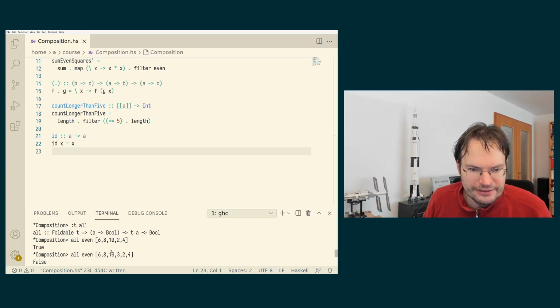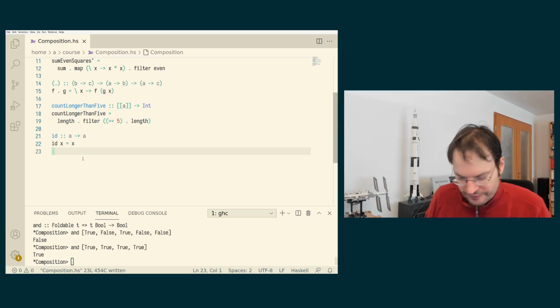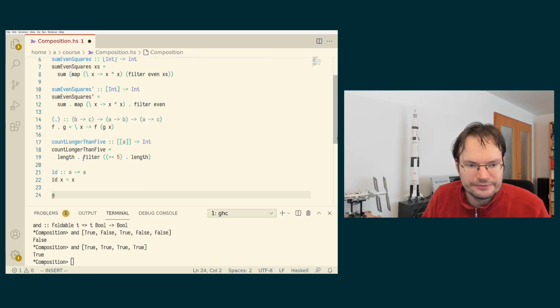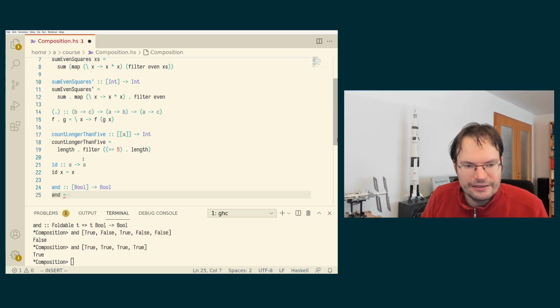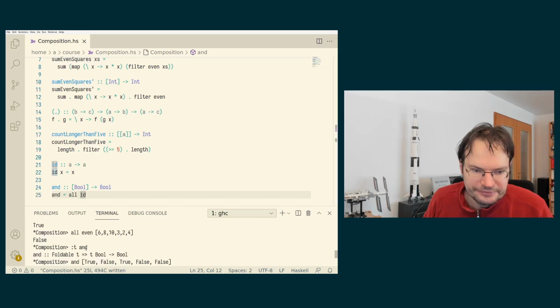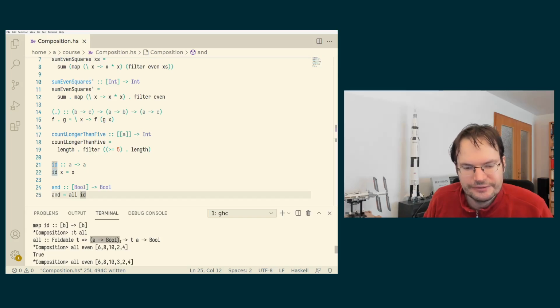And we can ask ourselves, how can we define and if we already have all? And interestingly, we will observe that if I hide and here, let's only focus on the list version, you can see that and is the same as all applied to the identity function. Because, right, if we consider all, which takes this predicate, if we feed the identity function here, this forces that the original argument